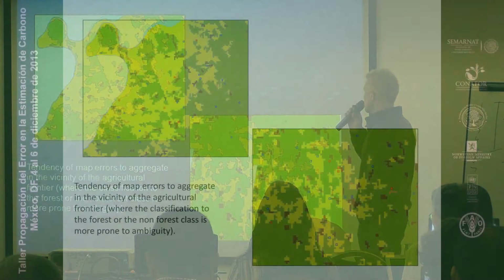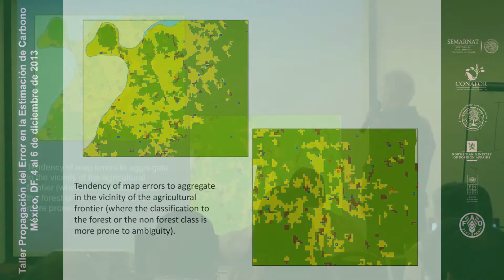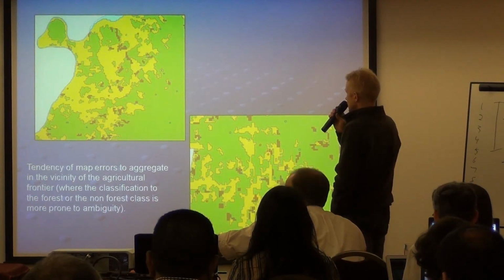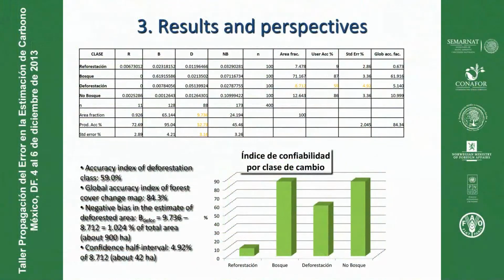And another example, so they tend to aggregate in the vicinity of the agricultural frontier, which yielded this error matrix as the result of this simple accuracy assessment exercise,